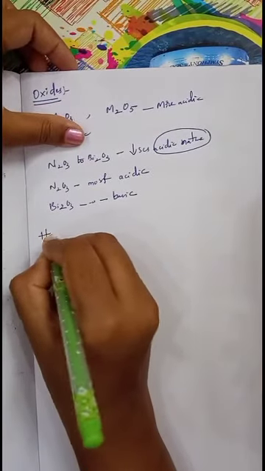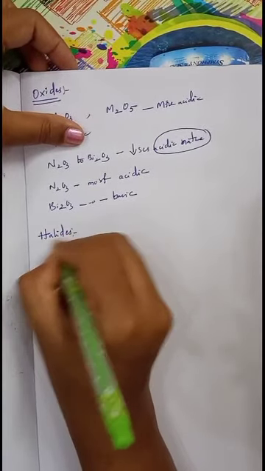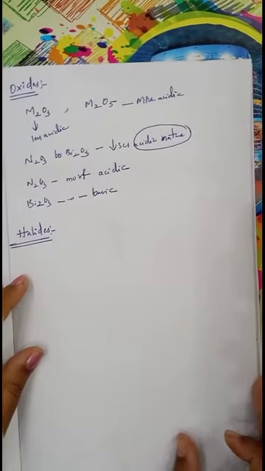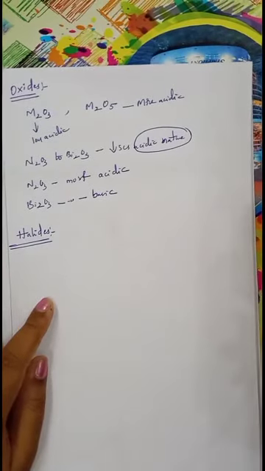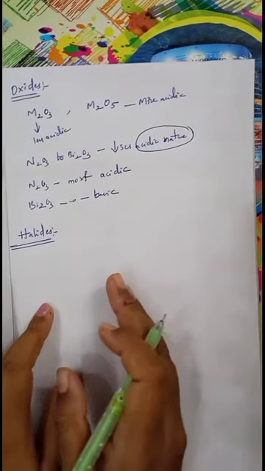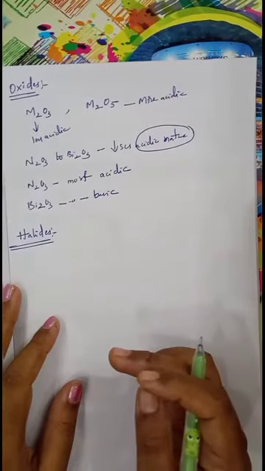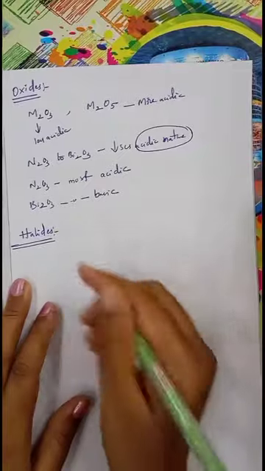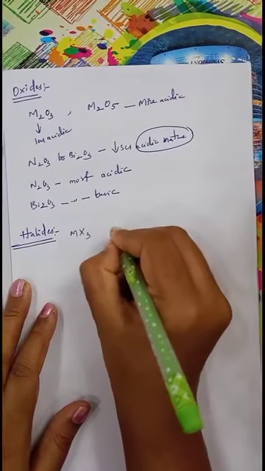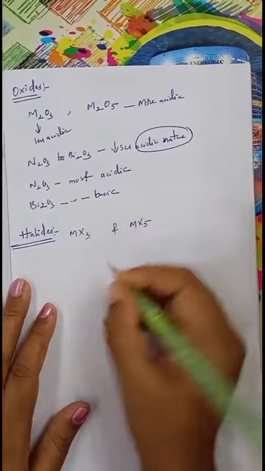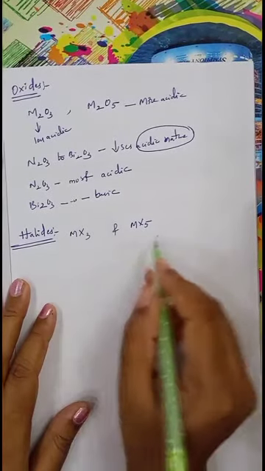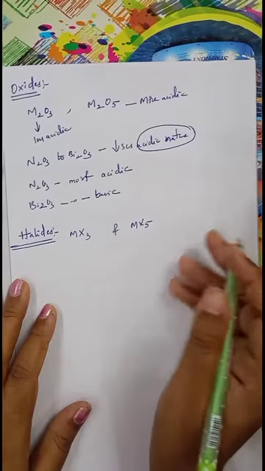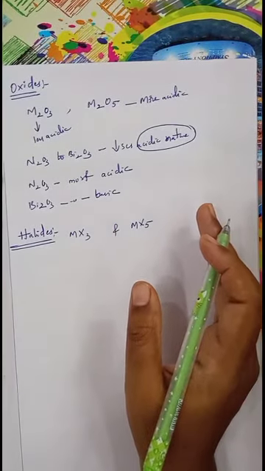Now another important chemical property, halides. So what are halides? These are the compounds which are formed by 15 group elements when they react with halogens. As you know, halogens are 17th group elements, that is fluorine, chlorine, bromine, iodine, astatine. When they react with these 15 group elements, they can form two important types of halides, that is MX3 type and MX5 type. MX3 is nothing but trihalides, MX5 is nothing but pentahalides. So these trihalides and pentahalides are formed by the 15th group elements.